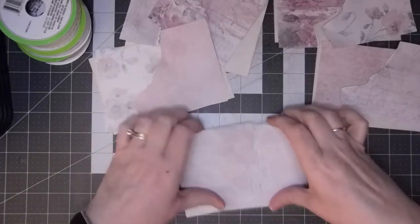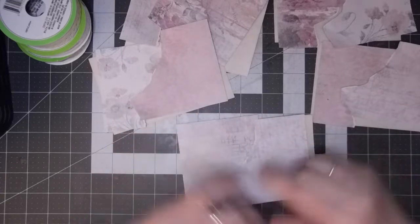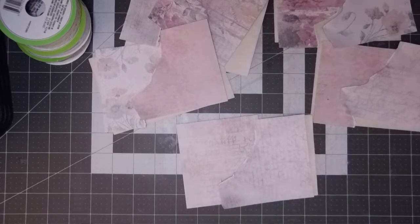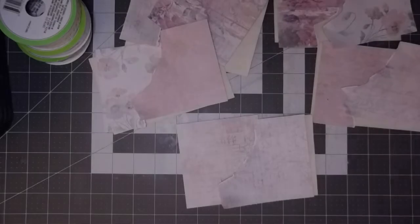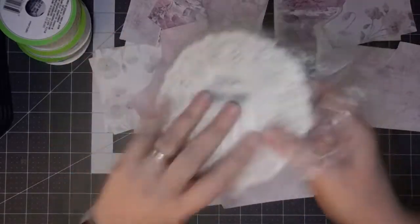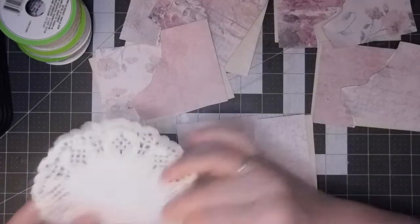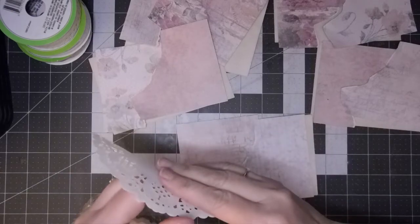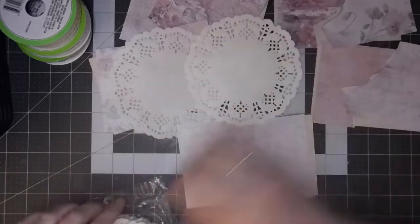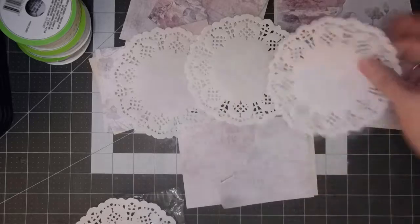So what I'm going to do is glue these down, but I think I wanted to put a doily down. Now, what did I do with my doilies? I am kind of getting organized, so I bought this on Amazon and then just, you know, buried it. But I did find it in reorganizing. I'm trying to make a place, and that way everything gets put back in its place. So I'm going to need 1, 2, 3 of these,